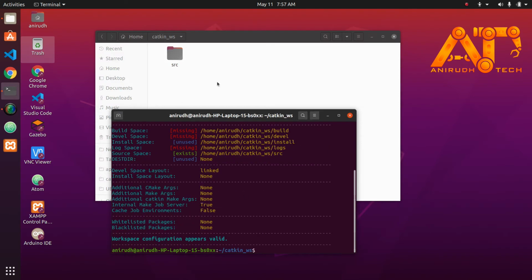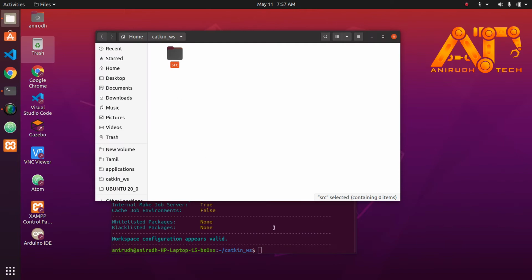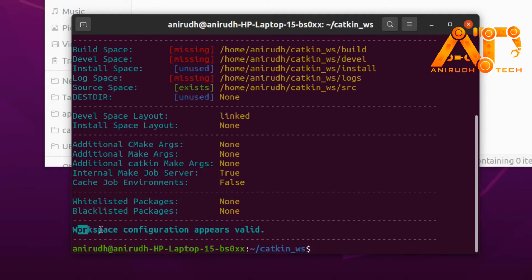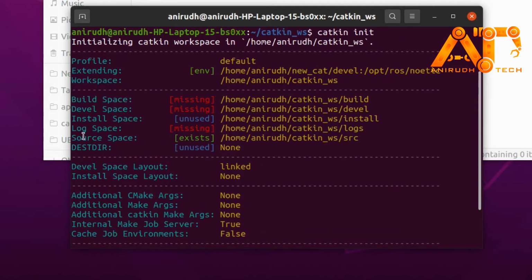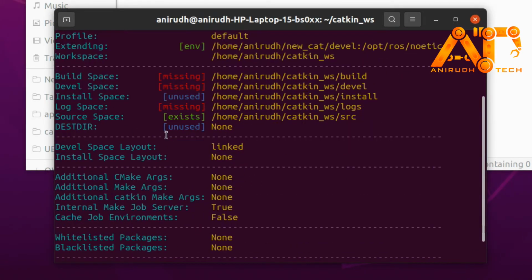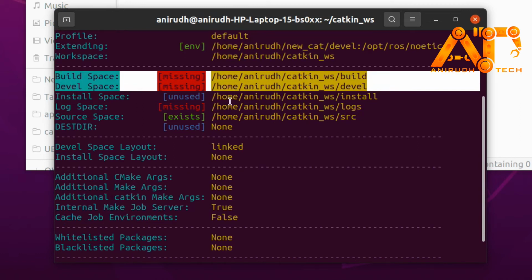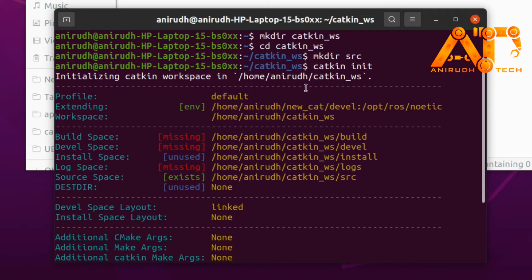No issues. You can just create the src and init it once more. Then the message workspace configuration appears valid will come, and you can see source space exists. For now you can just ignore these errors. You can see our workspace is initialized in the home, in the catkin underscore ws folder.